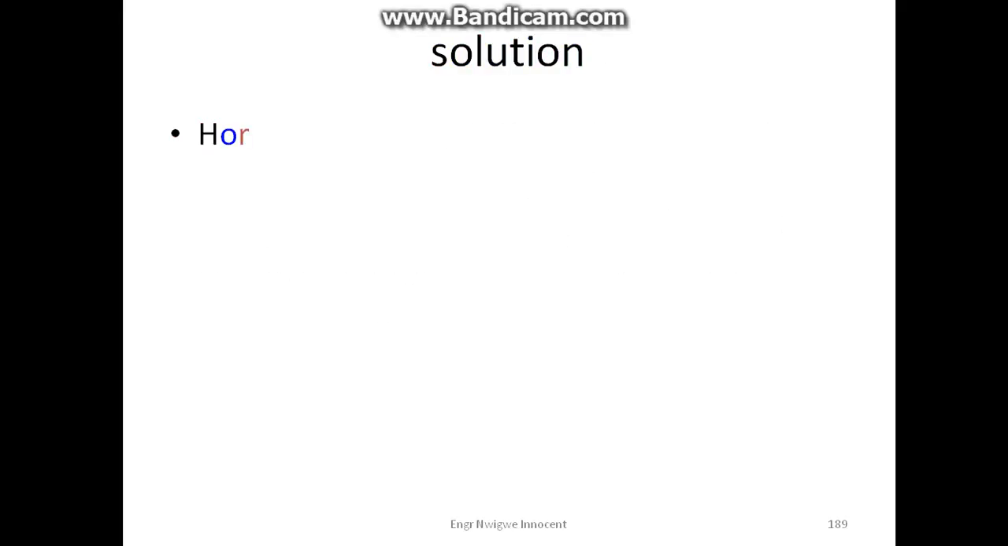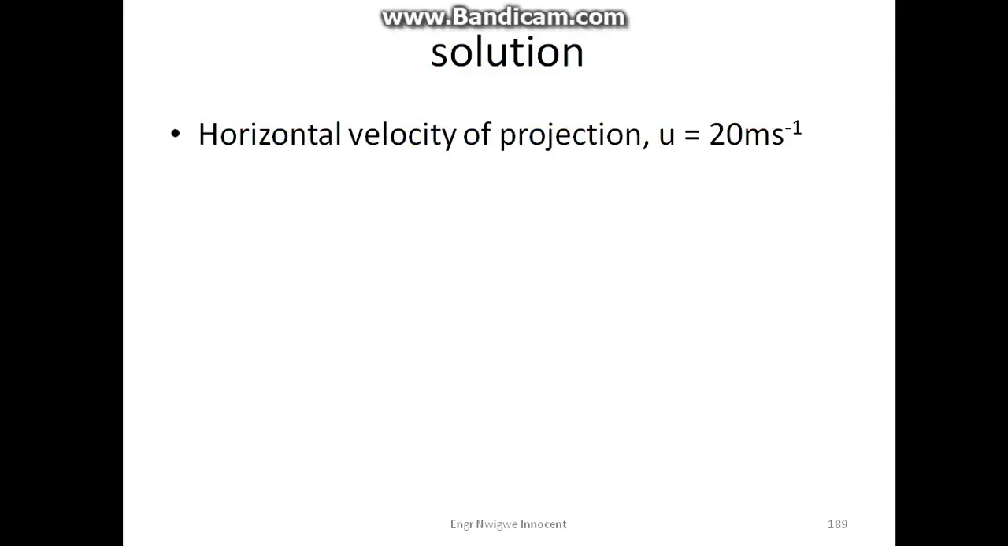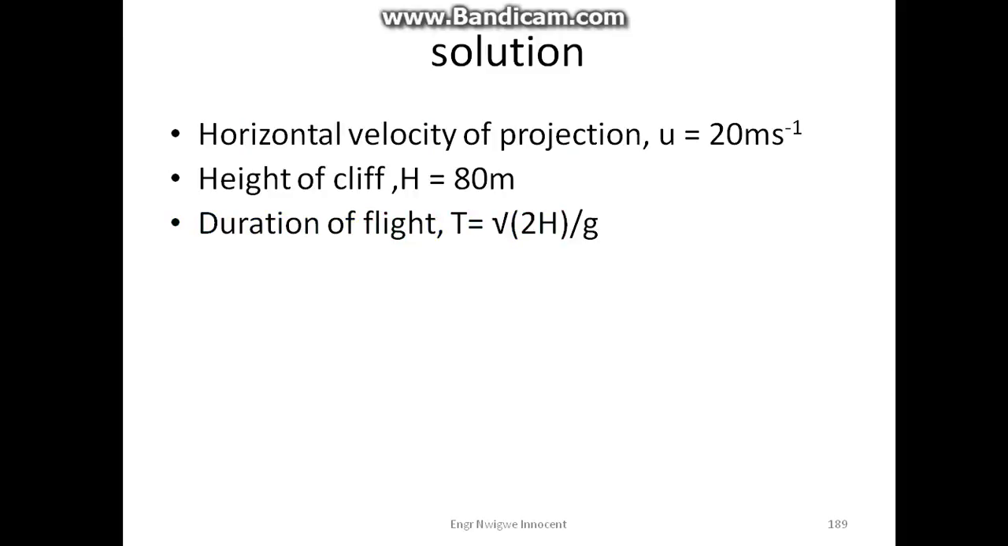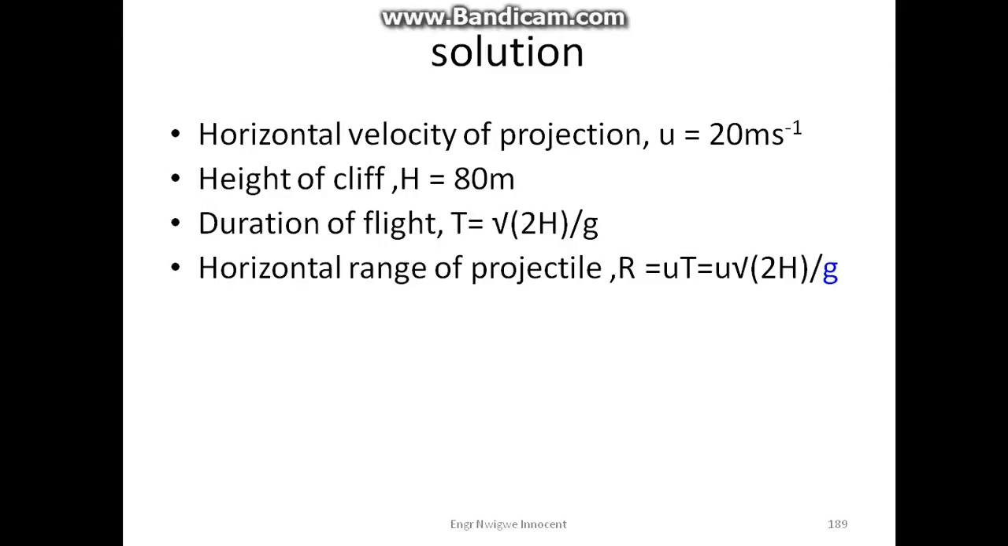Solution. Horizontal velocity of projection u equals 20 meters per second. Height of cliff H equals 80 meters. Duration of flight capital T equals square root of 2H over g. Horizontal range of projectile R is equal to u times T, which is equal to u square root of 2H all over g, which is equal to 20 times square root of 2 times 80 all over 10,